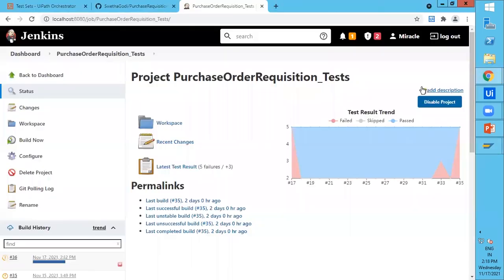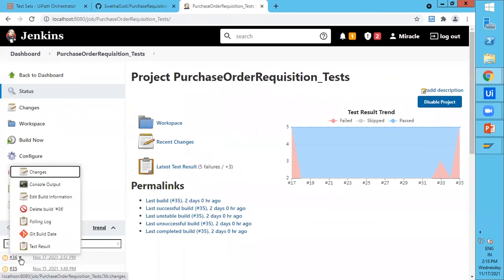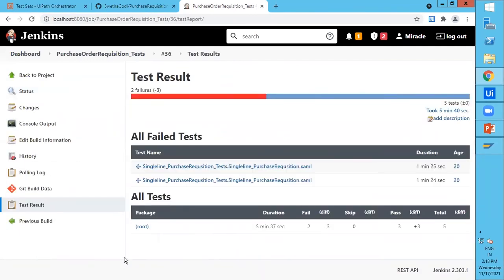Now going to Jenkins, we can see the results in Jenkins under test results. It displays all the required information for all 5 test cases: 2 test cases are failed and 3 are passed, along with details for the failed test cases in all test sets.